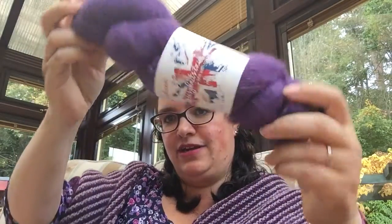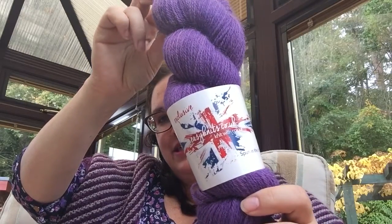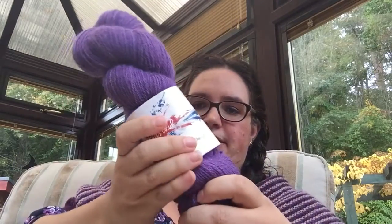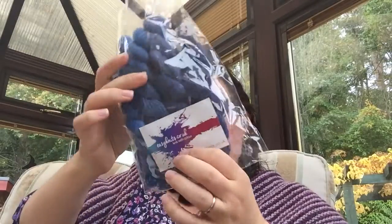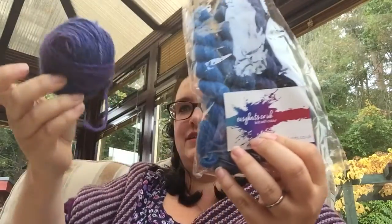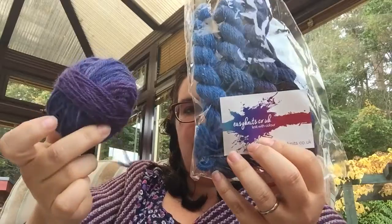The other knitting related thing that I got is Easy Knits finally has more Big Boy in stock, which is one of their custom blends. I think it might even have been their first custom blend. I was not familiar with the dyer at the time, but they finally got more in. I had bought a number of years ago, I'm sorry for the crinkling, one of their gradient kits, and I've already started caking it up,